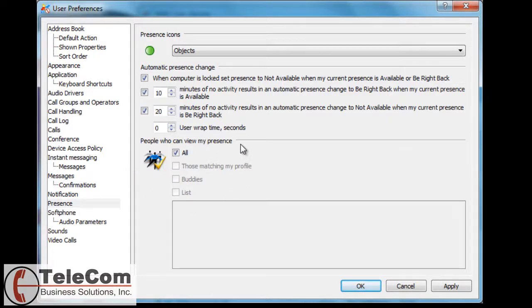And this area controls who can see your presence. It's a good idea to have the checkbox All marked. That way everyone in your organization